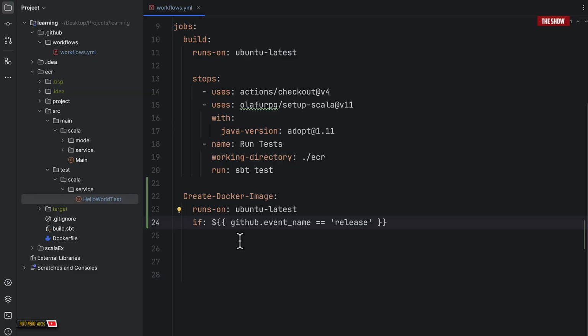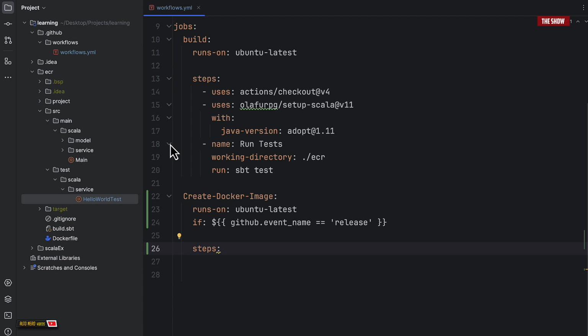For this to happen, I have said run on Ubuntu latest if the GitHub event name is equal to release. So when someone clicks on the release button and the event is release,